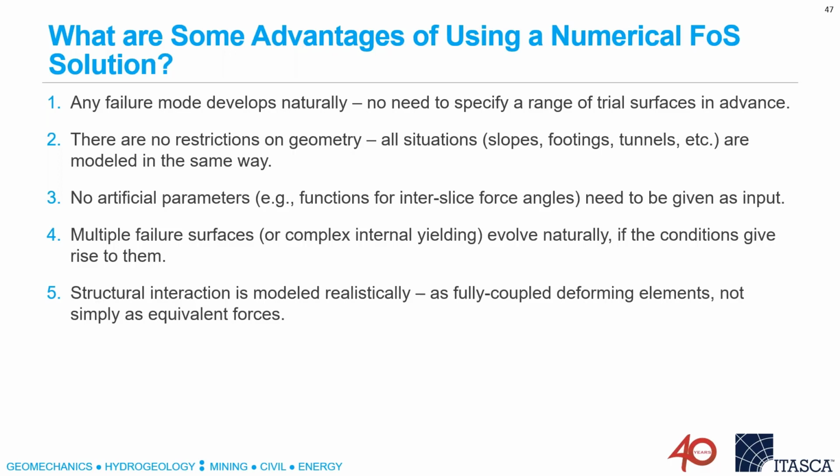For example, we can't study toppling problems with limit equilibrium because they can't consider the internal deformations required for toppling. There really are no restrictions to geometry in numerical methods. We can look at slopes, we can look at footings, we can look at tunnels. They're all analyzed in the same way by just dialing down the strengths and looking for the point where instability